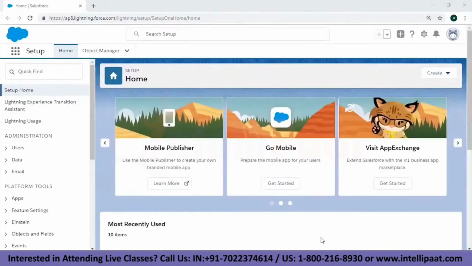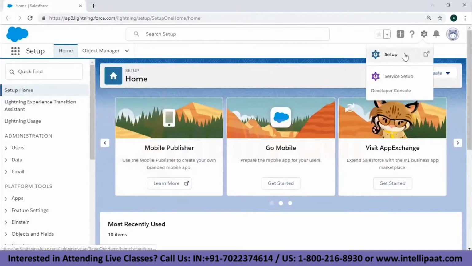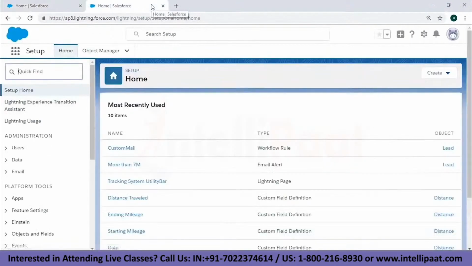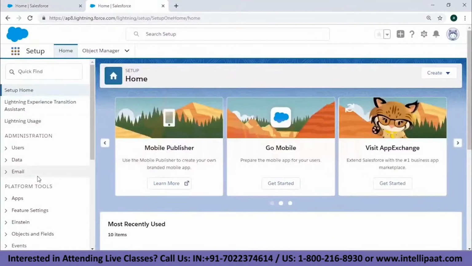So as you can see, I'm logged into my Salesforce account. I click on this gear button, which will take me to the setup menu, which I already have opened over here. Now to create a workflow, we're going to use the same use case that I showed you in the slides.